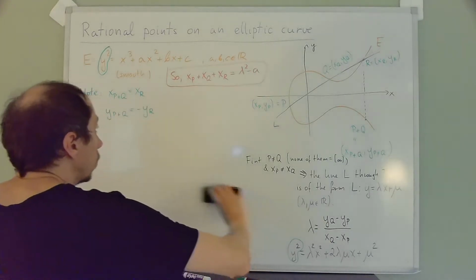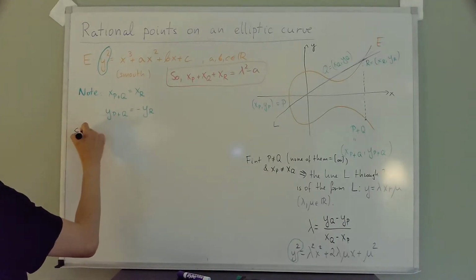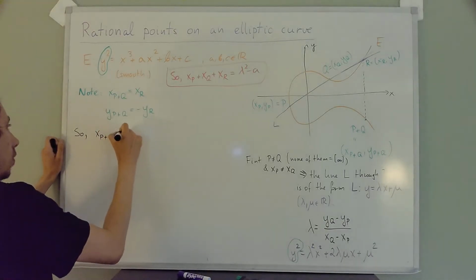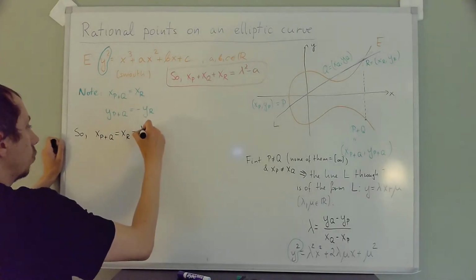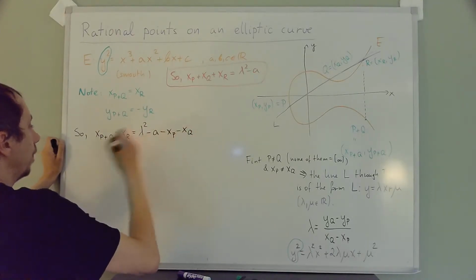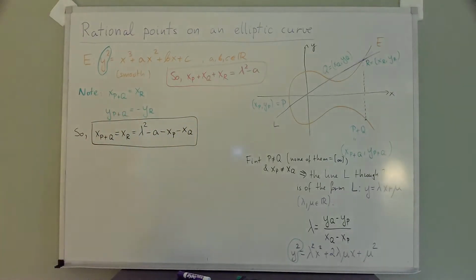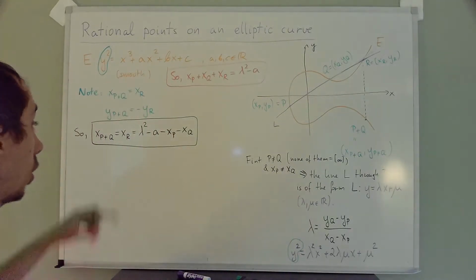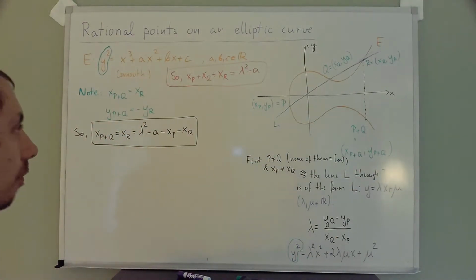So I get the sum of the roots. So from this, we get that xr, which is the same as xp plus q, is equal to lambda squared minus a minus xp minus xq. Here's our first formula for the x-coordinate of this sum. You see, it's not just simply adding the x-coordinates of p and q, it's actually a